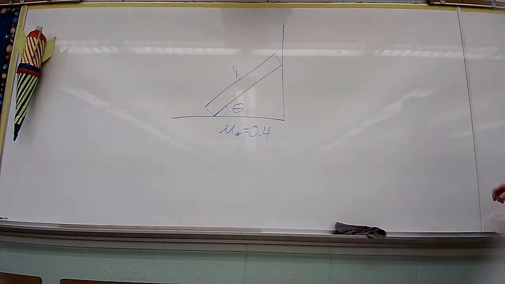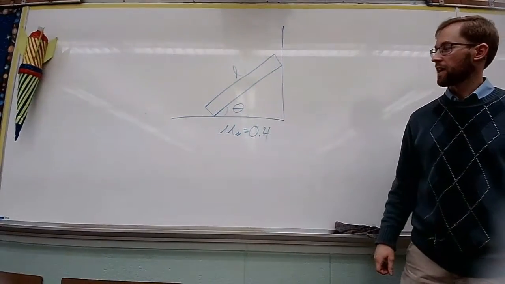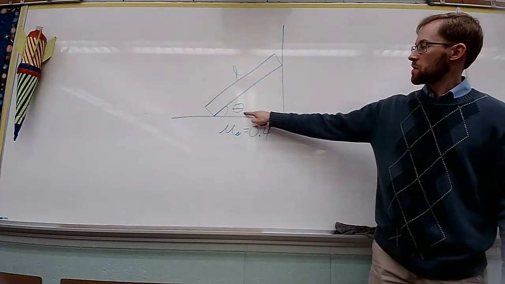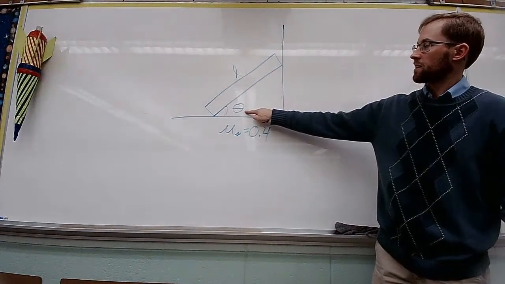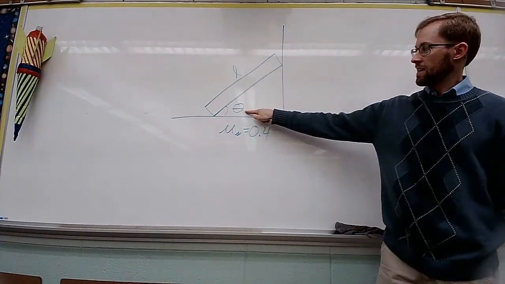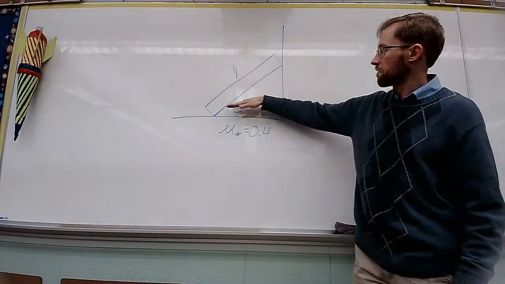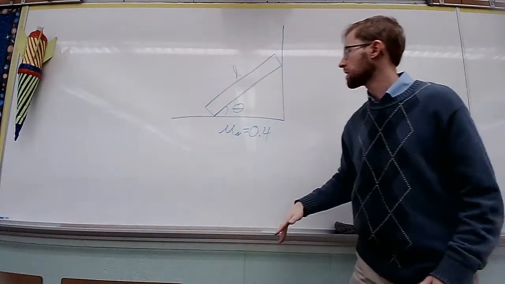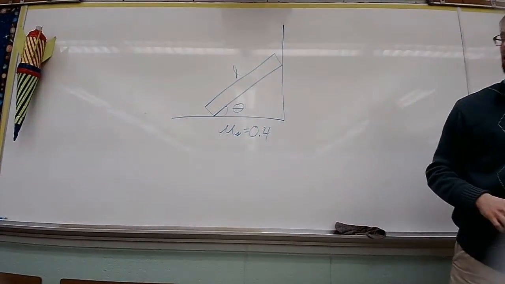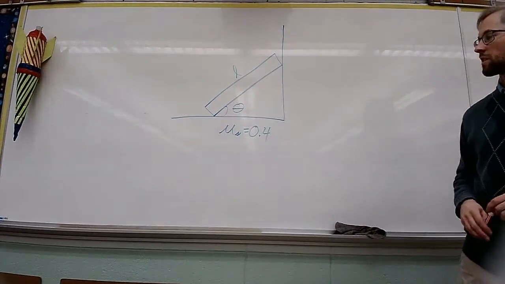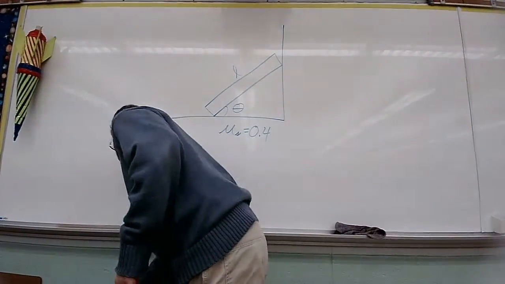So the whole idea behind this problem is to find out the minimum angle at which, if it is any smaller, this object will start to slip. Because if you go far enough down, it's just going to slide over. But we want to figure out exactly what that angle is. What's the minimum angle before this object starts to slip? So, let's do some force diagrams.